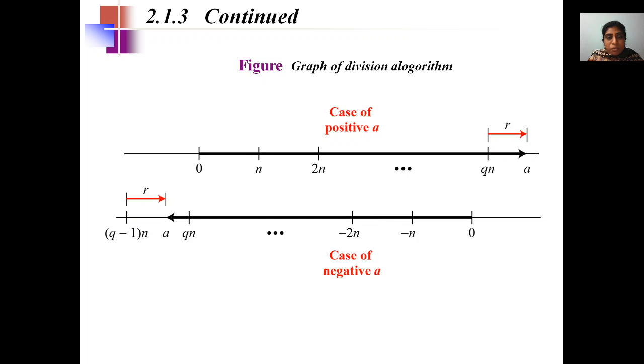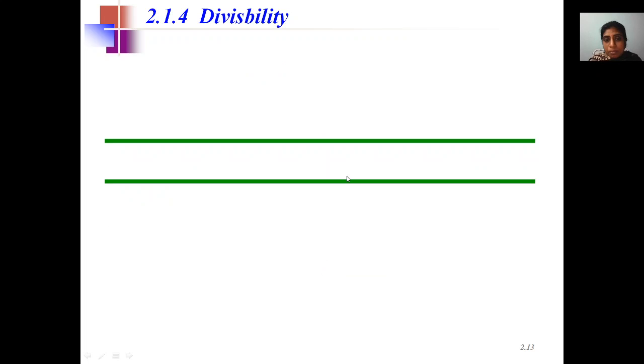So in the case of representation in the form of the graph, you can say in case of positive a, the r values rise in the positive values. In case of negative a's, the r values will be represented in the negative values. To make them positive, we are going to decrease the value of a or n in such a manner that we change that particular negative r value to a positive value.